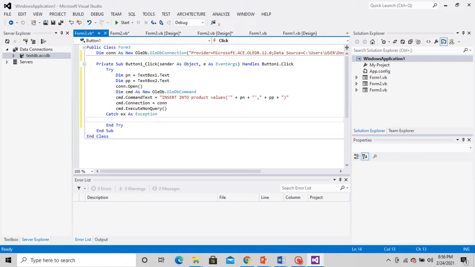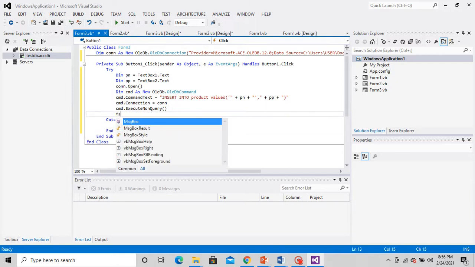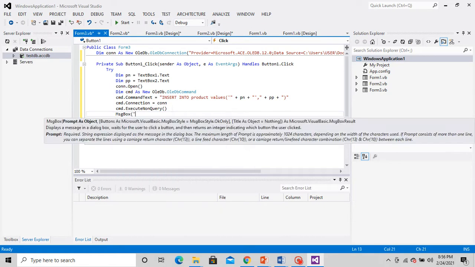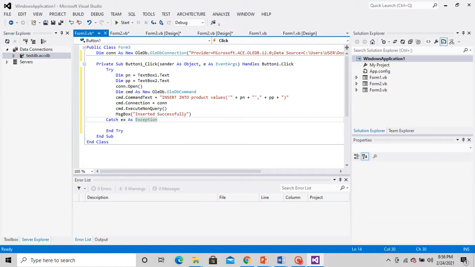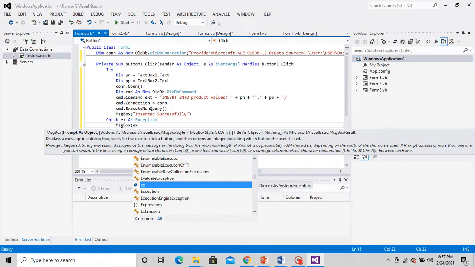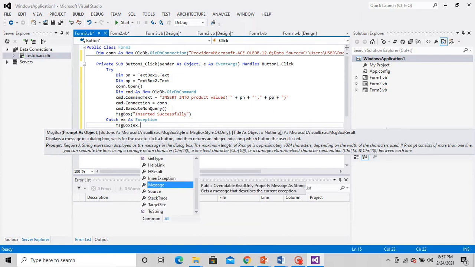Now after execution, if it has been inserted successfully, just display the message as inserted successfully. Now if it fails to insert due to some reasons, then it will go to the catch block.